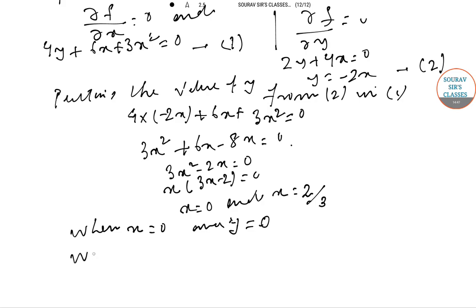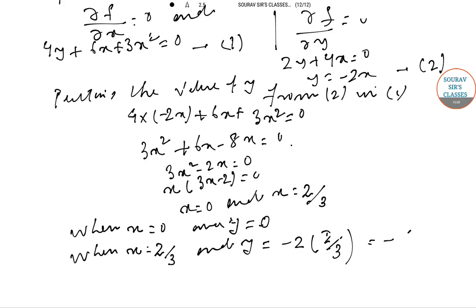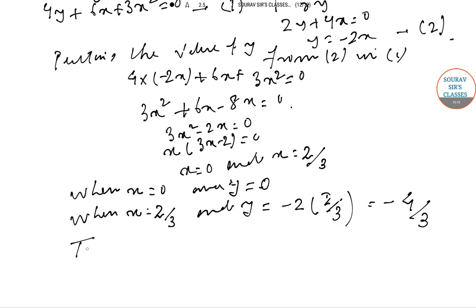When x is equal to 2 by 3, y is equal to minus 2 into 2 by 3, which is equal to minus 4 by 3. Thus, the stationary points are